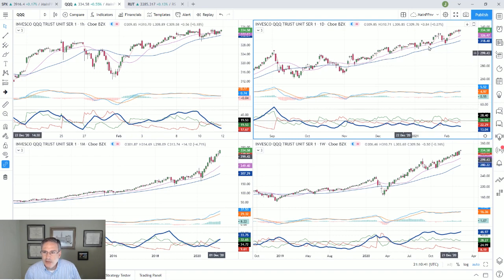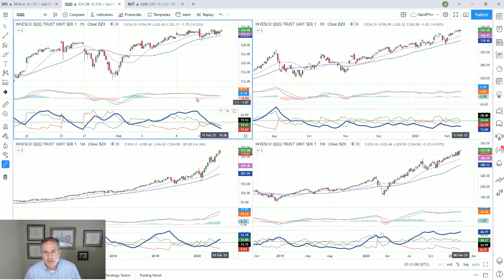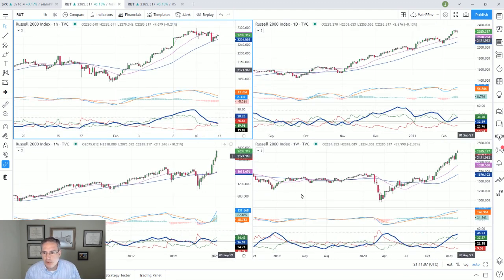So I like to look at price. I like to look at the moving average. And especially when I say price, I'm talking about the price bars. Normally I will look at volume. I don't have enough room to put that on here to make it look good, so I just take that out. But the reality is that that is important as well. And then the hourly chart, again, very similar to the S&P, not a big change here. Let's go ahead and switch over to the Russell.